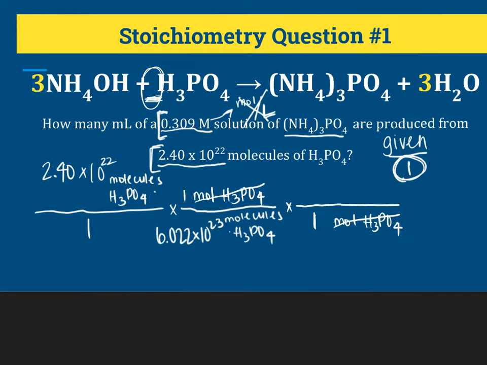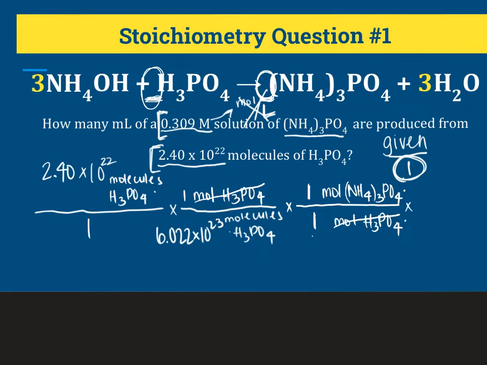So we know that it's going to be 1 mole of H3PO4, and on the top we're trying to get moles of (NH4)3PO4. And based on our coefficient here, we know that that is a molar ratio of 1 mole of (NH4)3PO4 to 1 mole of H3PO4. Our units cancel,